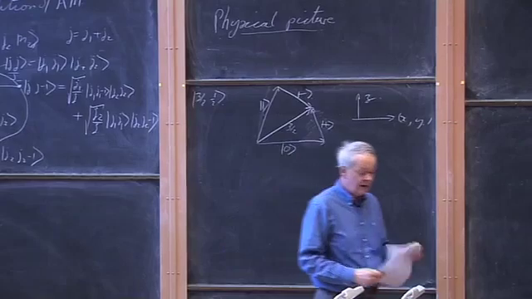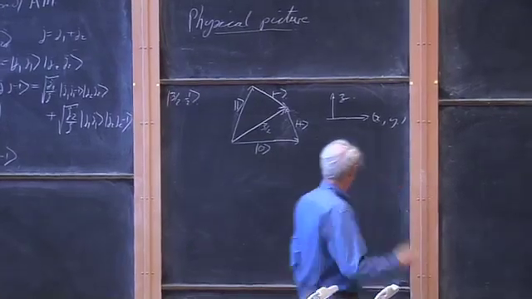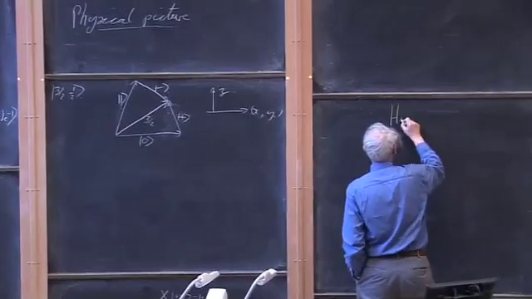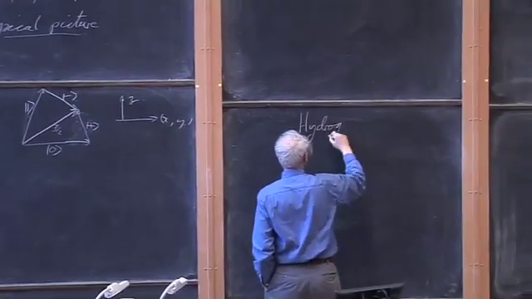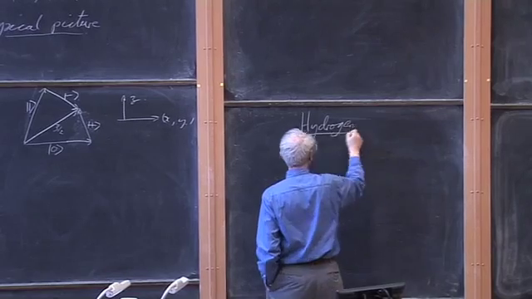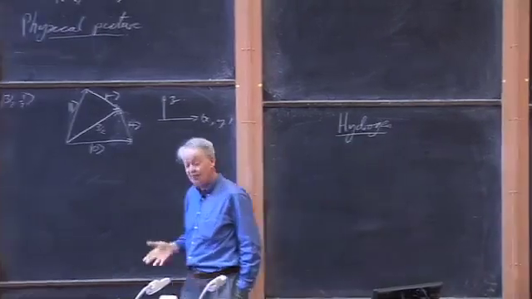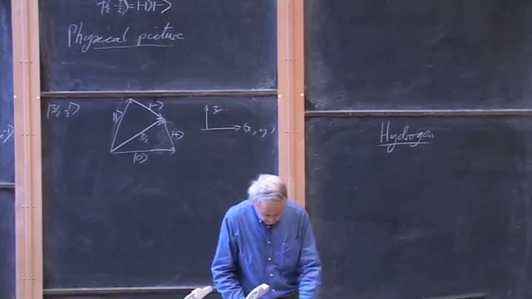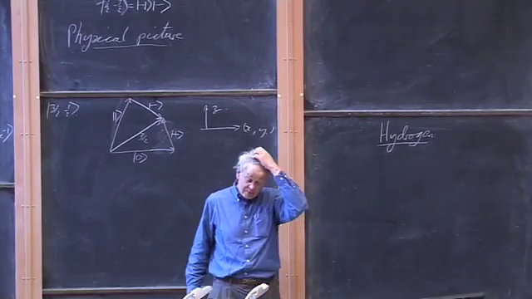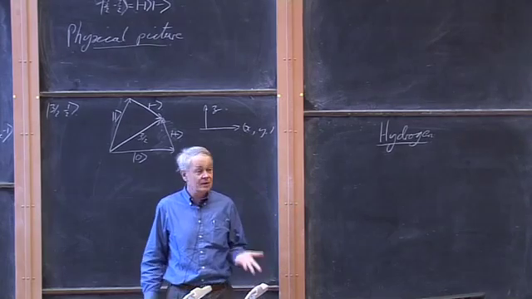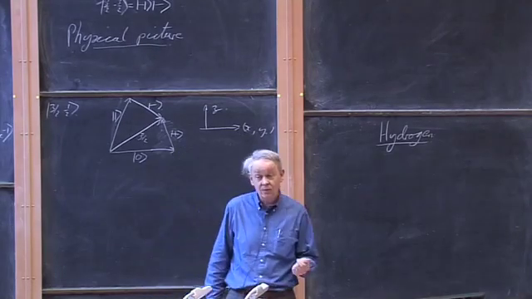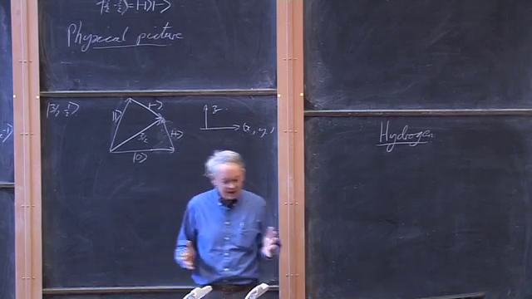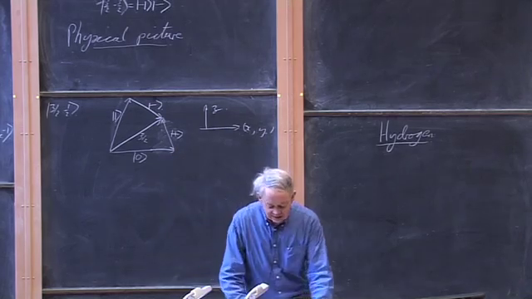Well, I think we should leave the addition of angular momenta and turn to our final topic, a very important one, which is hydrogen. So obviously atoms are terribly important. We're made of them. That's most of what we see here and elsewhere. And they have also played a crucial role in the development of quantum mechanics. Quantum mechanics was developed in order to build models of atoms. It is amazing that this enterprise was successful,